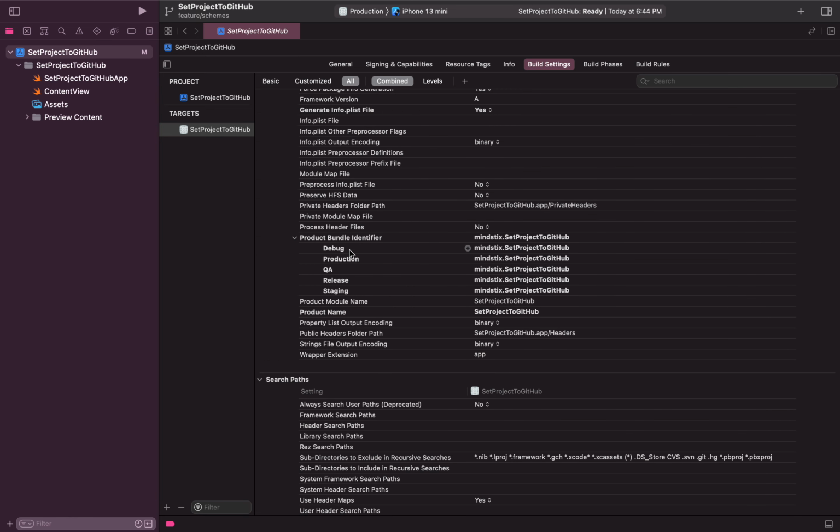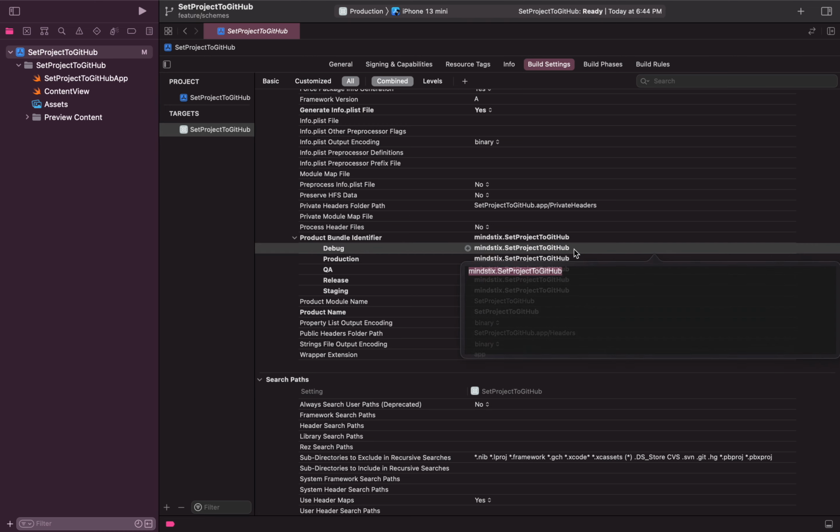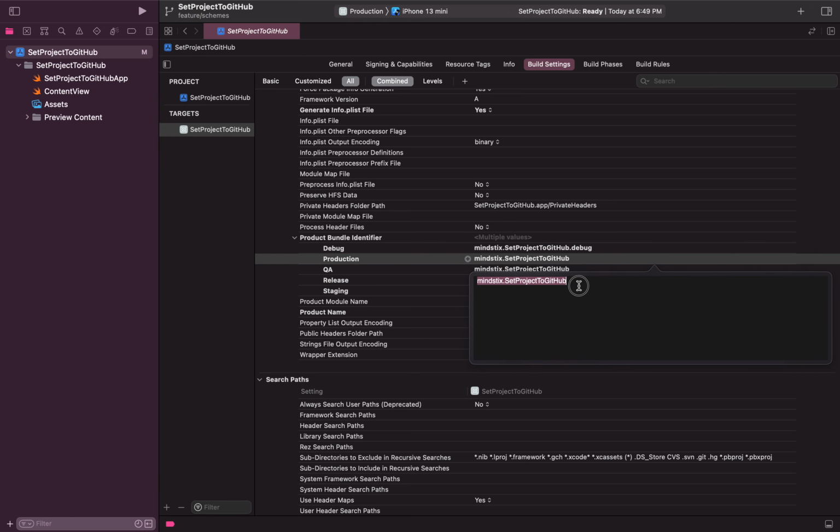So just expand that, and here you may see that for every one of the schemes we have the bundle identifier, and this bundle identifier is similar for all the schemes. So we need to change this to a different name. To do that, just double click on this, it will expand, and just add the name. You'll just add debug, enter, and do the same for the rest of the schemes.